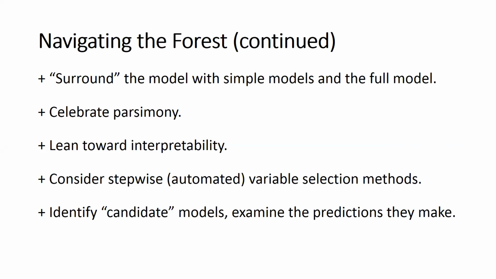So I use a variety of methods, and often I don't find just one model. I find some candidate models which all seem good, in other words, good trees in that forest, and I might monitor them. I might let them make predictions for a process that's continuing over time and monitor which ones are making good predictions. Does it matter which one I choose? Sort of putting them into a contest to see which one holds up the best, making predictions in the future.